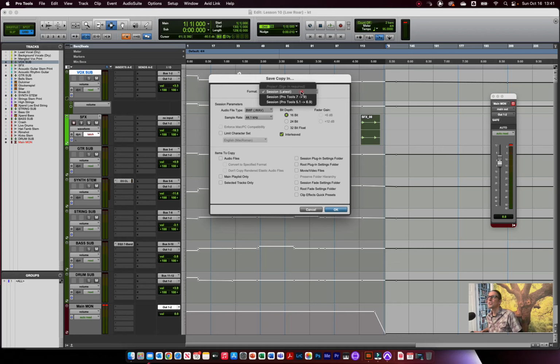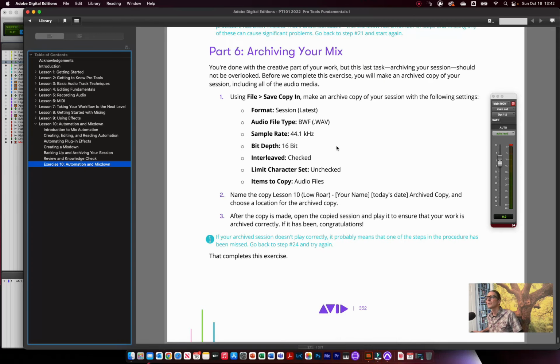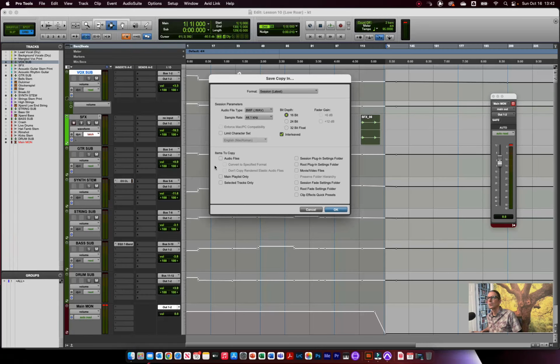So keep it on session latest so it saves in this current version of Pro Tools. Keep it at wave because that's the format you were working with. Sample rate, again, you could change it. Let's not do it though because we're just creating a copy of what we did. I don't want to have the backup be something different. So 44.1, 16-bit, interleaved, and let's see what else he says. Items to copy, audio files. Boom. Now, a lot of this other stuff is like 200 level stuff, but